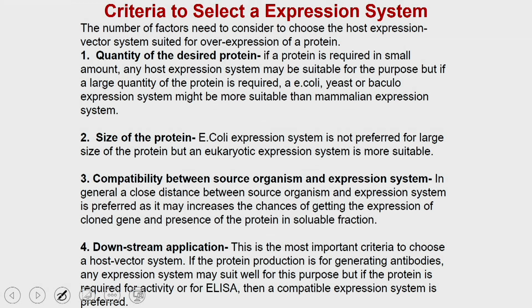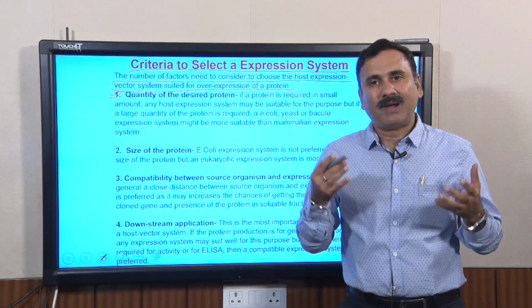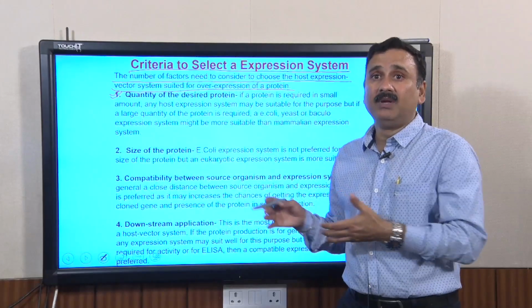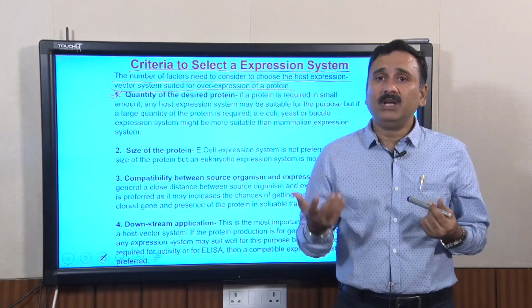Now, the criteria for selecting an expression system. There are a number of factors which you need to consider for choosing a host expression vector system suited for the overexpression of the protein of your interest. What is the criteria? Number one is the quantity of the desired protein, which means whether you need the protein at the microgram level, or at the milligram or gram level, because in some cases this protein could be